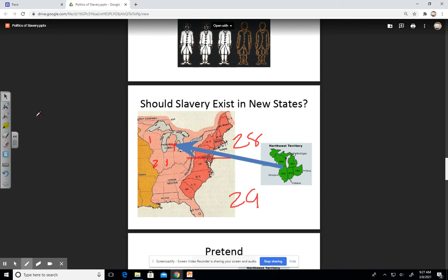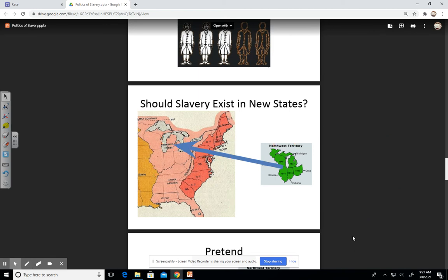So let's just say all states come in as free states. That would now say, at a minimum, let's say we get 3 electoral votes, reps to Congress. 1, 2, 3, 4. Each one, let's say, gets 3. That would then take 3, 6, 9, 12. We would take 12. And now we would be with a 40 to 29 split. So that's what's going on here.